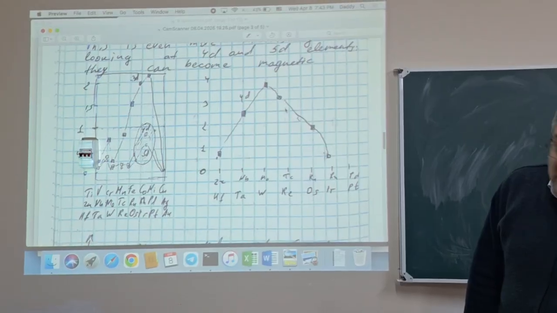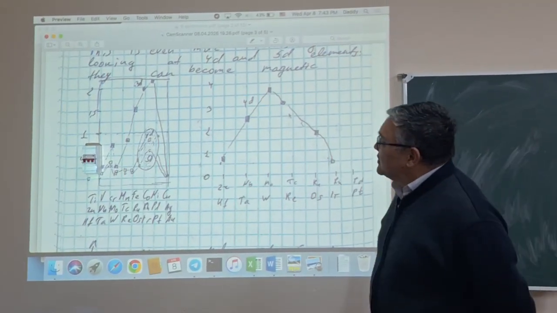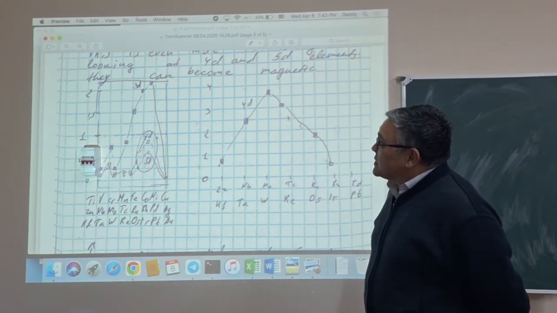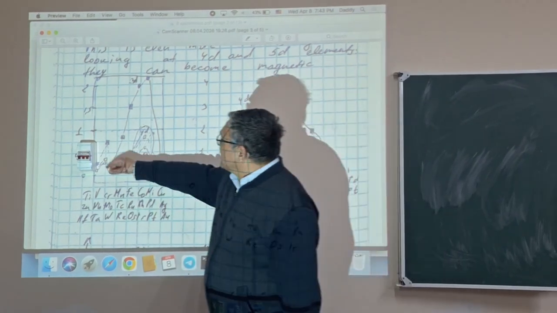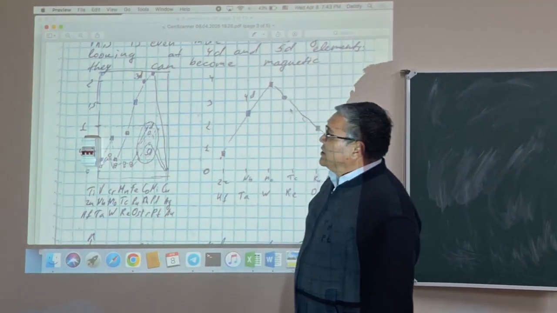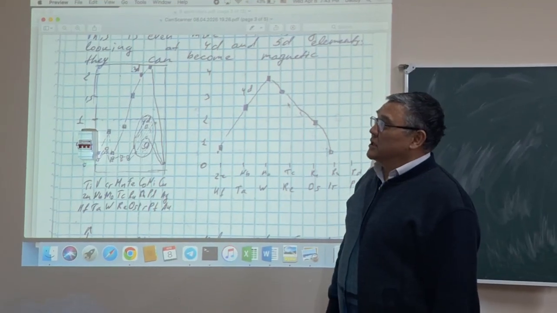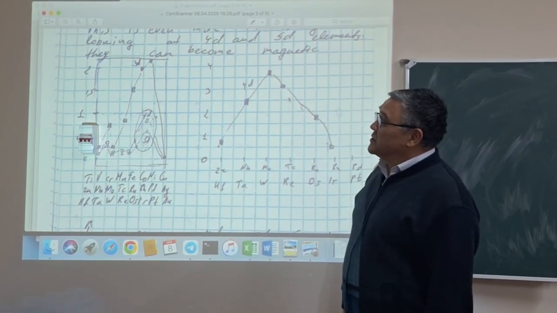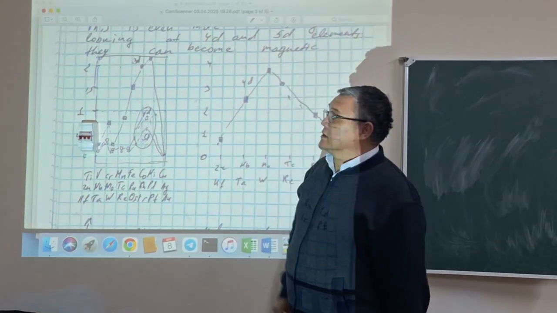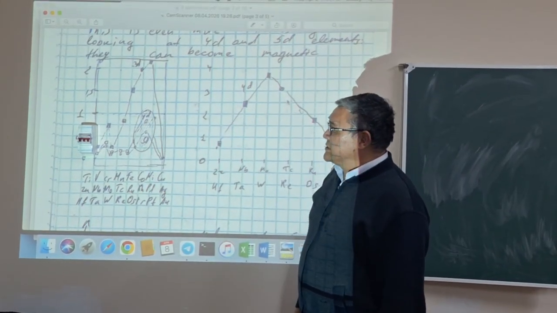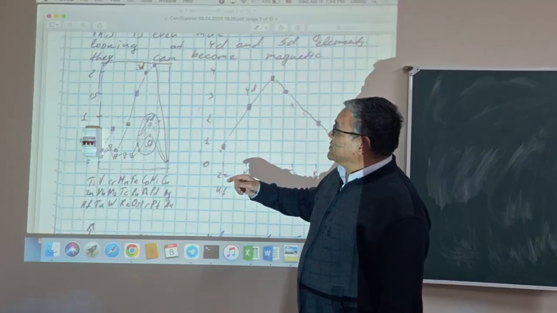Now let us look at this picture. In this picture we have the Stoner criteria. The Stoner criterion is described as U times N(E_F), where N(E_F) is the number of states at the Fermi level. So this value of 1 corresponds to this limiting case, and from this picture we can see that